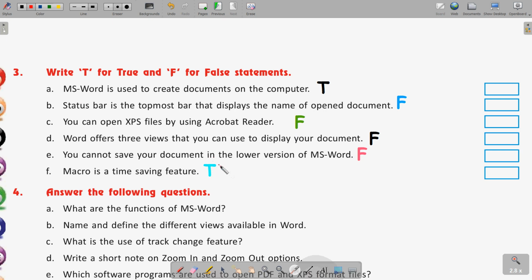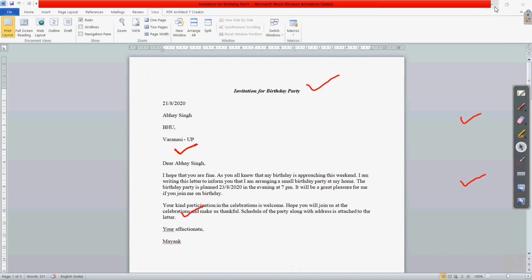Okay, so note down all the true false questions. Pause it for a while. So many of you have already written it. I hope you are getting the answers correct. Now question number 4 is, answer the following questions. Okay, so let us try to do these. First is question number 4th A. Let us erase this screen once.